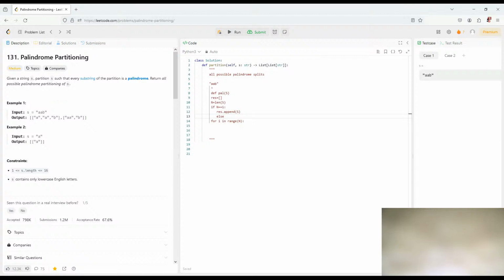Else we try to split between. We make a recursive call on the function with the same string from 0 to i, and